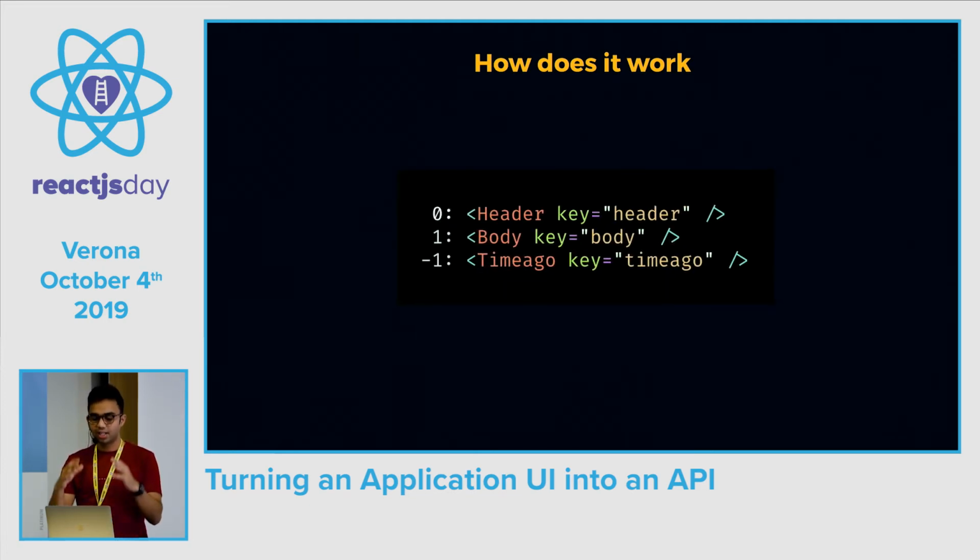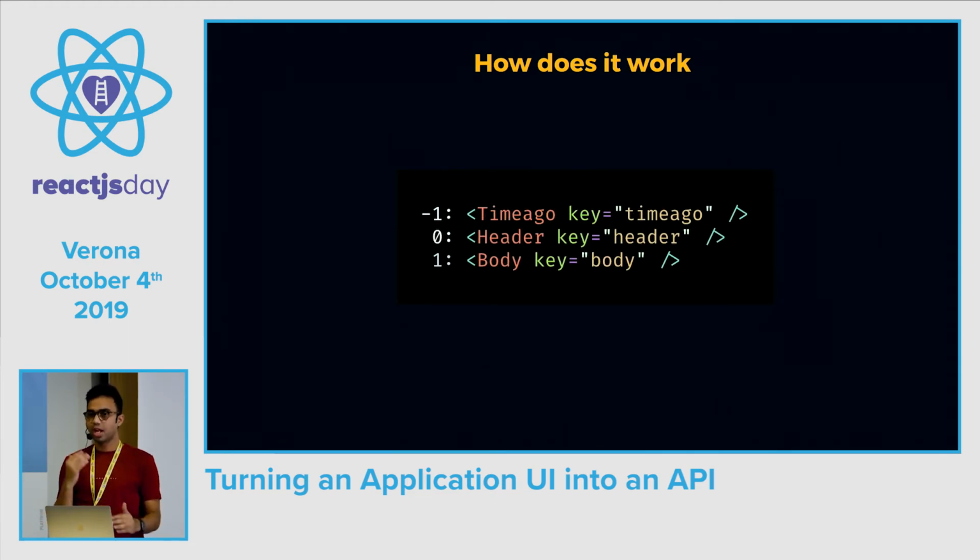So now you have a list of components. Now each component is also passed with a sort order, right? 0, 1 by default, and you have passed the sort order, which was -1 with the TimeAgo. Then it looks at the sort order and it sorts those components, and all this is before the actual rendering has happened. It sorts them the way the